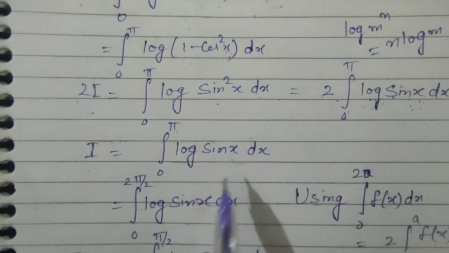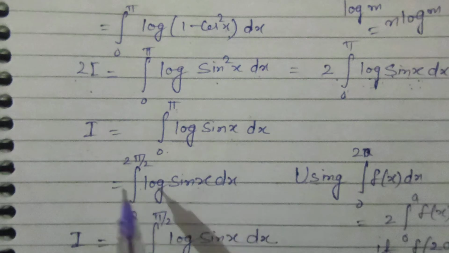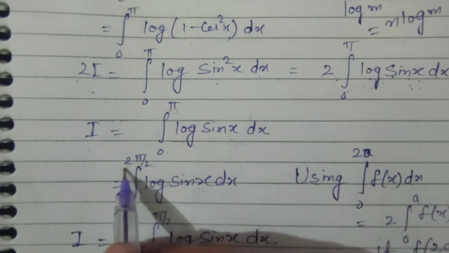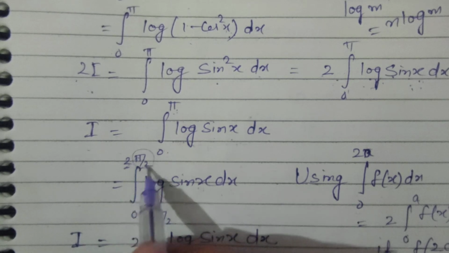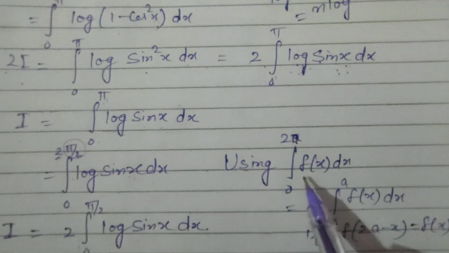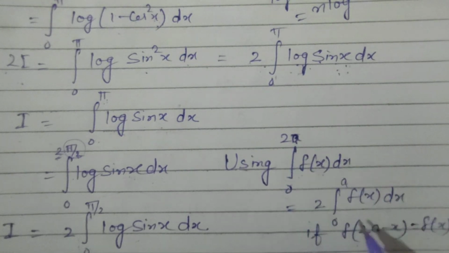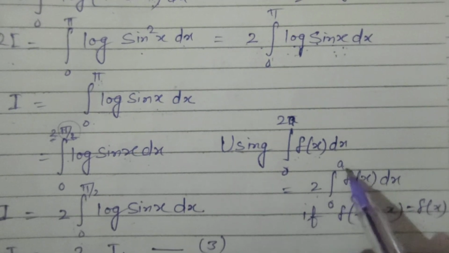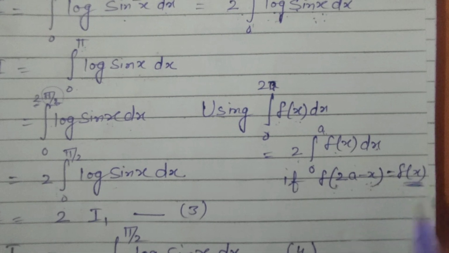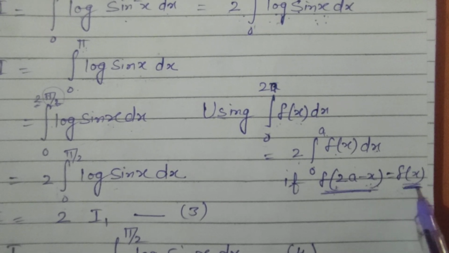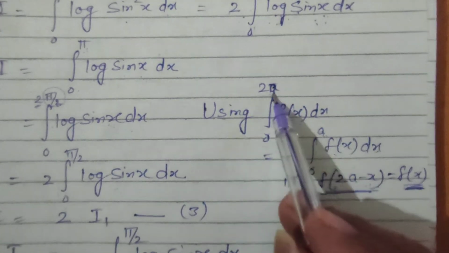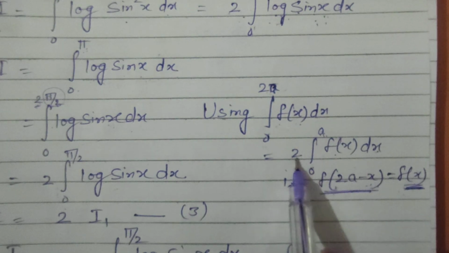Here we will use one more property, the second last property. In that, if we multiply pi by 2 and divide by 2, it is 2 pi by 2. Suppose this is 2, this is a, 2a. Then we will use this property here. Limit is 0 to 2a. Integration of f x, limit 0 to 2a, we can write as double of 0 to a f x dx if f of 2a minus x is equal to f x. If f of 2a minus x is equal to f x, then we can write it as double of 0 to a. Here the limit is 0 to 2a, a remains, 2 here, 2 times 0 to a.